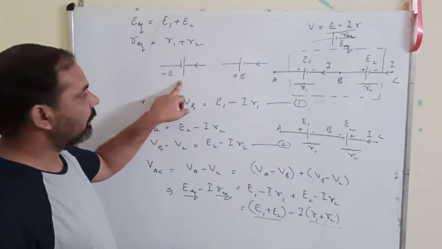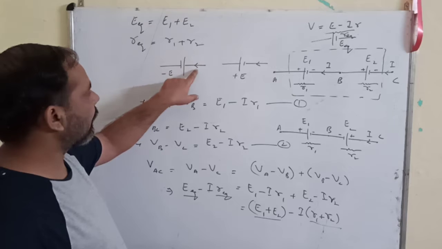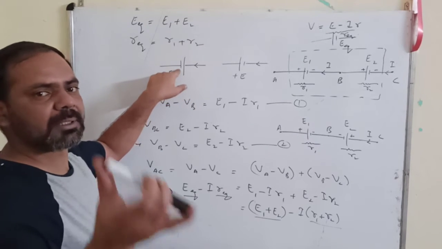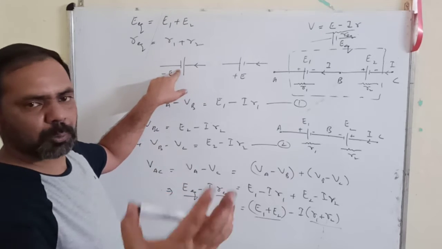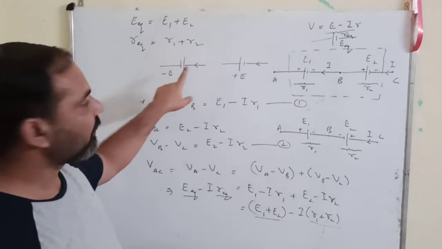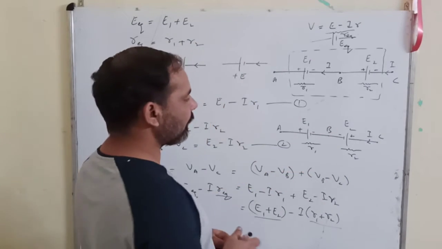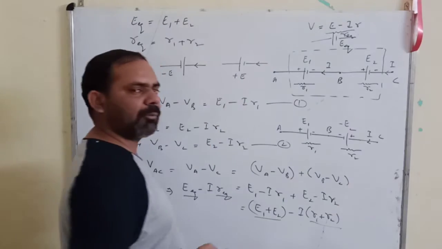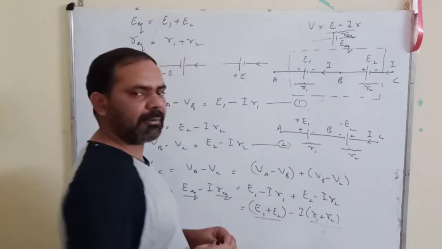In this case, here the current is passing inside the cell from the positive terminal towards the negative terminal, which is opposite to the direction of current which has to be inside the cell. So here the EMF will oppose this current. So that is why here the EMF is negative. So it means that simply here, if the current is passing like this, then EMF of the second cell will be minus E2, and for the first cell it will be plus E1.